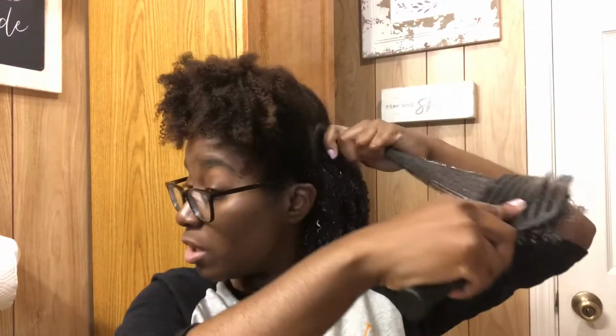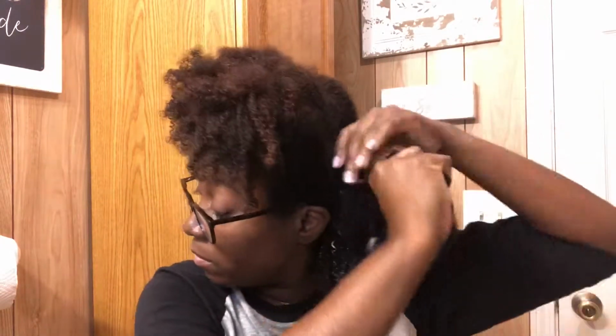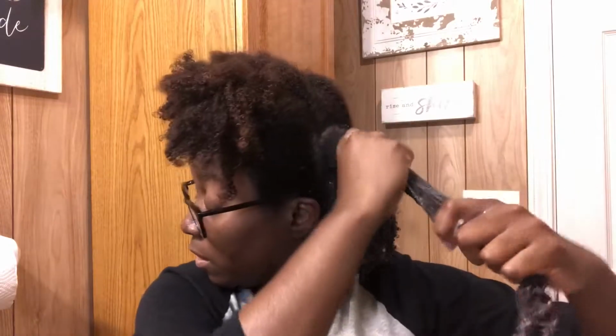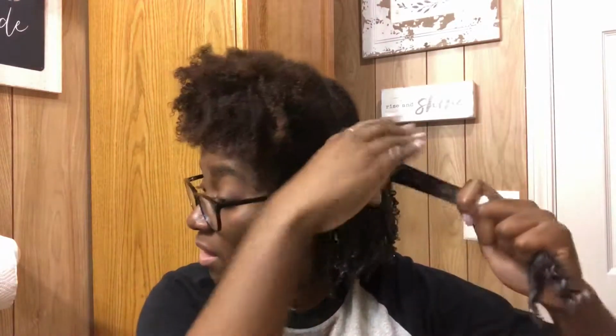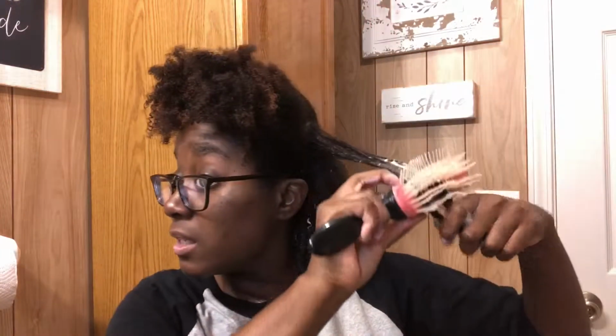So I'm going to take my brush, work all of that in, evenly distribute those two, and then I'm going to take my gel and plop it on top, really focusing on roots and all the way through. And then I'm going to take my Denman brush